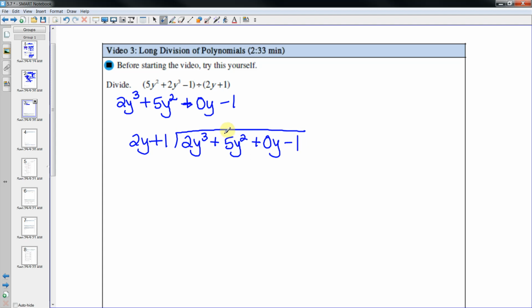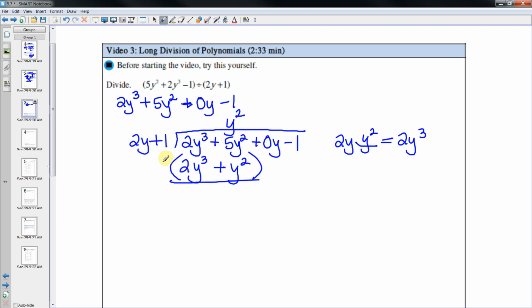Okay, so let's follow the same process. 2y goes into 2y cubed, so 2y times blank equals 2y cubed. Well, I already have the 2. Y to a y cubed would just be y squared. So I'm lining it up with the 5y squared. So y squared. Let's multiply through. Y squared times 2y is 2y cubed. Y squared times 1 is a plus y squared. We're going to subtract off, so I'm going to change those signs, the negative and the negative. 2y cubed would cancel. 5y squared minus 1y squared is 4y squared